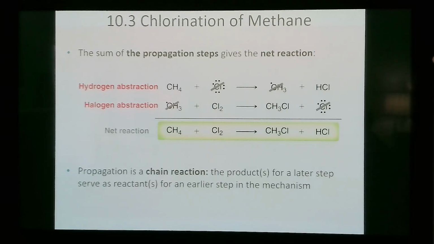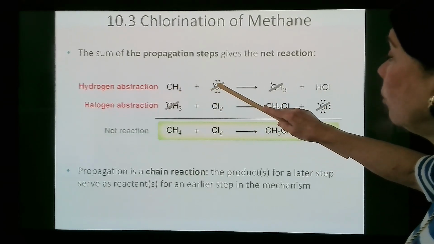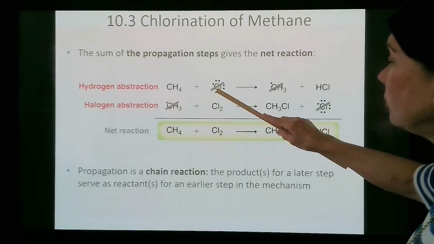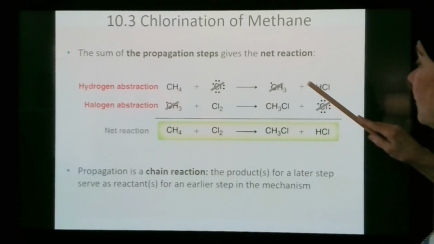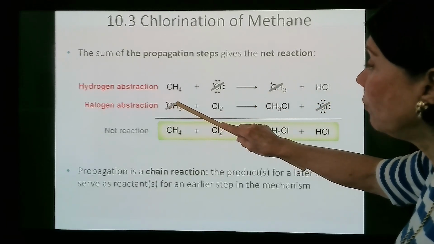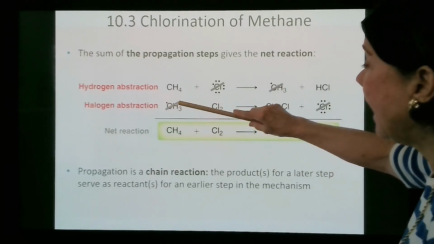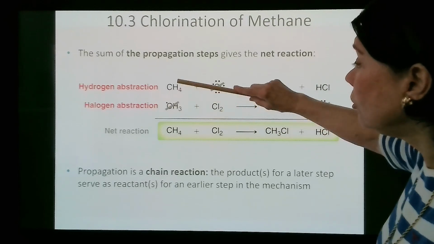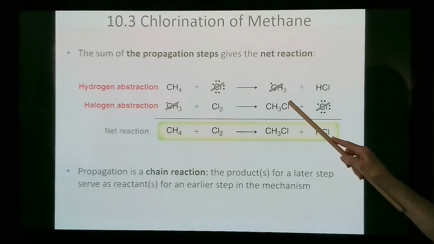Now, the chlorination of methane. This is drawing in equations what I just said. Here the chlorine, Cl dot, is consumed and it's regenerated down here. Over here you can see that the methyl radical is consumed and it's regenerated up here. And so canceling those out, you can see that your reactants are converted to products,